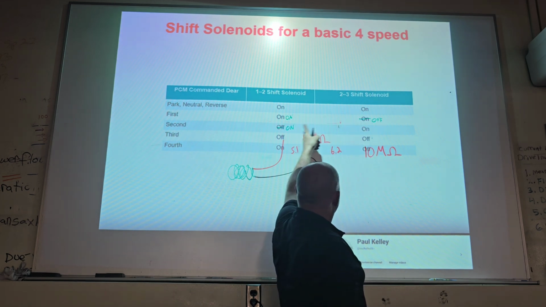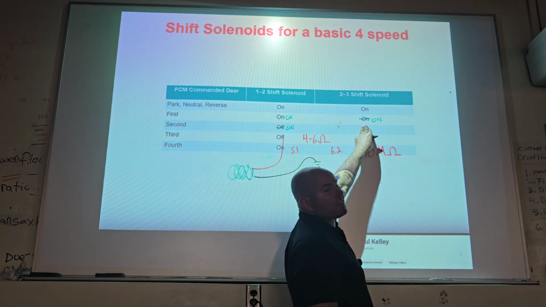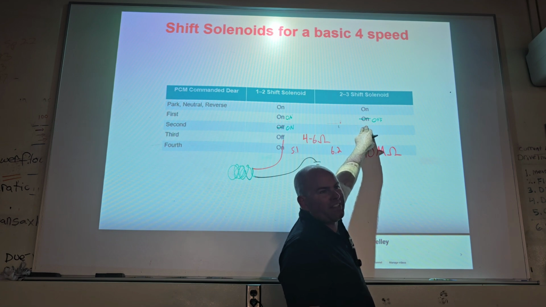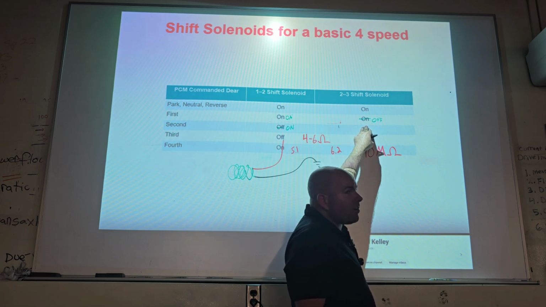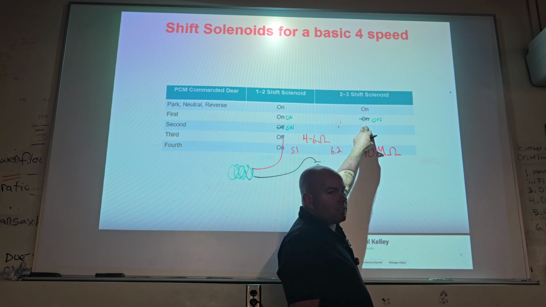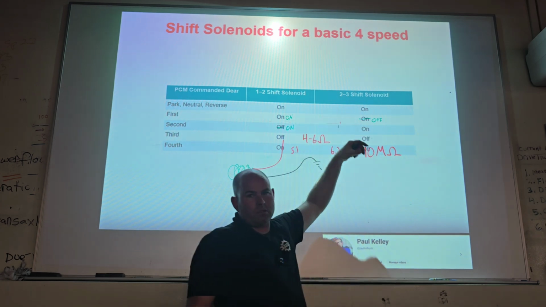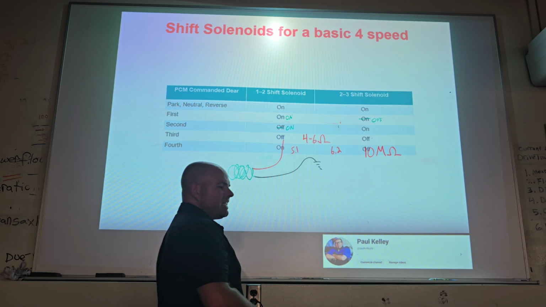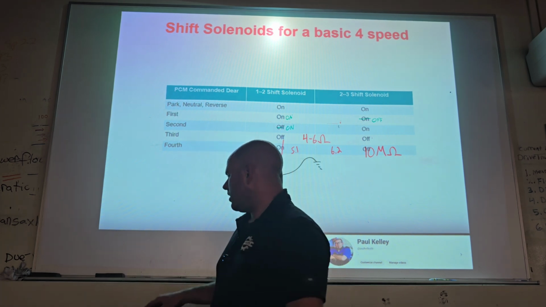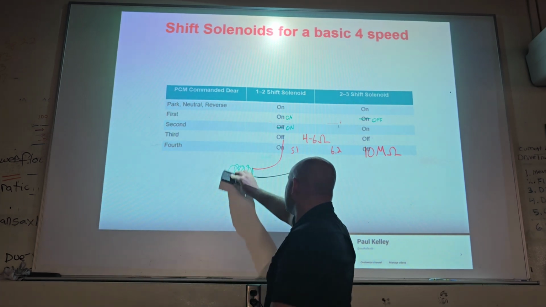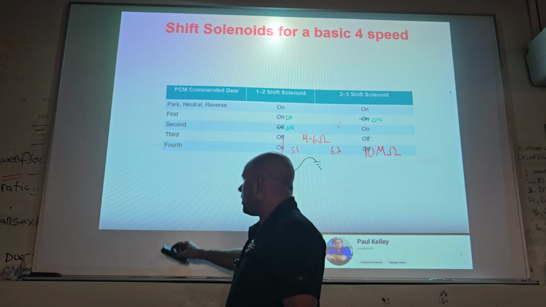If down here it commands on, but this one's broken, that's really like on, off. So that's first. And it's first, and it's first. Make sense? So that solenoid was no good. The symptom exactly, perfectly matched my measurement with my meter. So it was a really easy diagnosis, actually. But